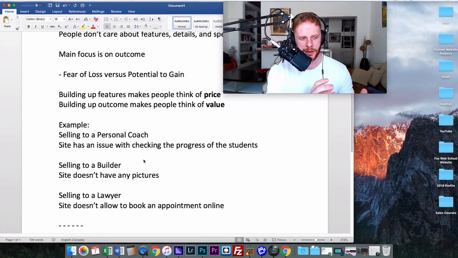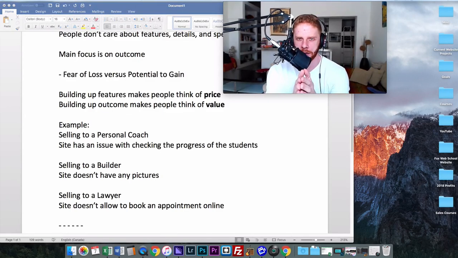I'll have it so that every photo is in very high definition, and there's going to be a little button there, and they click on it, it's going to pop open to full size. So I'm exaggerating a little bit. I don't think anyone would go into that amount of detail with the features, or maybe they would, but you can kind of see already, hopefully, how that's not as effective as discussing what that means for the builder. So again, don't focus on what it is, focus on what it does.